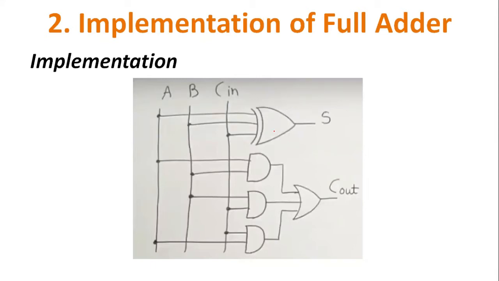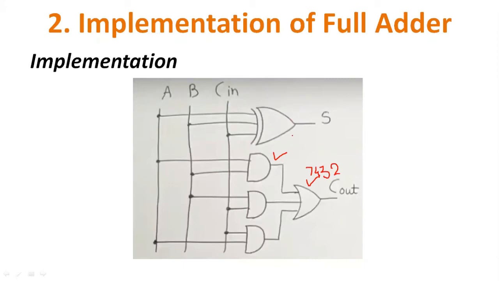It is a two-input XOR IC, a quad IC, meaning it has four XOR gates within the single chip. Then we require three AND gates and one OR gate, that is 7432. So let's try to implement this